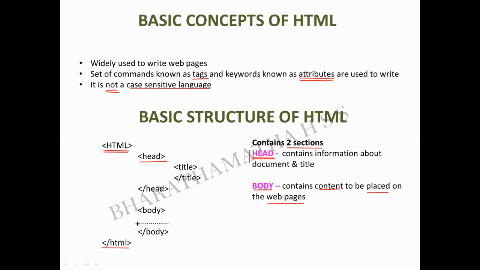So here I have put a dot dot dot. Can you see? Which means that any amount of contents can be placed. Is it clear? This is a sure 2 marks question, to write about the basic structure of your HTML program. What you can write over here is that it contains two sections, that is head and body. You have to write what the head section contains and what the body section contains, and this is the general structure. The next page I'll show you everything. Okay.